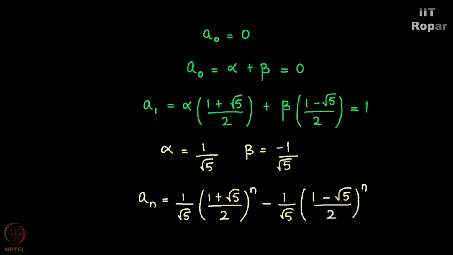Now A50 is easy to compute. Simply put n equals 50, you will get the answer for A50, which is the 50th element of a Fibonacci sequence. Pause and think how. A simple looking Fibonacci sequence, which is given by AN equals AN minus 1 plus AN minus 2, can involve this much of math.